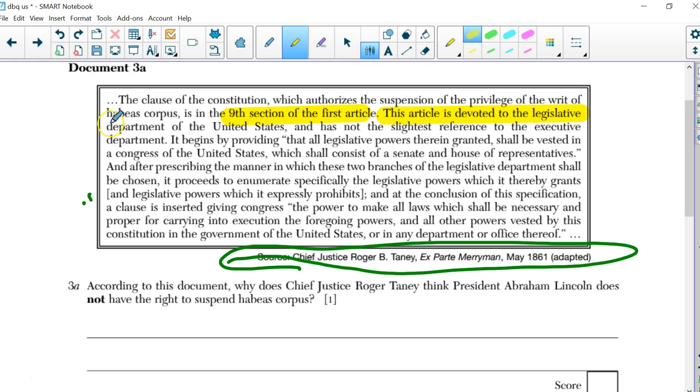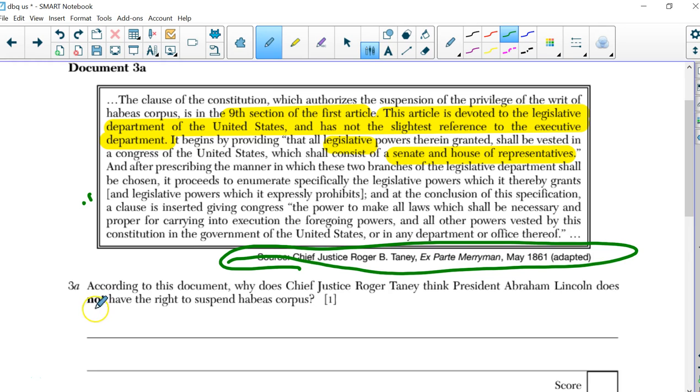This article is devoted to the legislative department of the United States and has not the slightest reference to the executive department. So how can we put that in our own words? Well, he believes that, and let me highlight this too, legislative is the Senate and the House, right? Senate and the House. Not the executive branch, which is the president. So because the president is suspending the writ of habeas corpus, he thinks that he doesn't have the right to